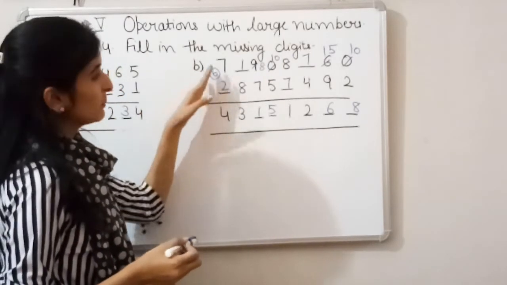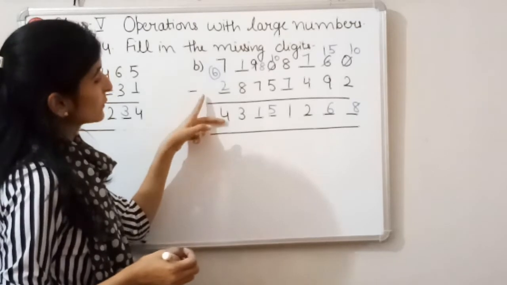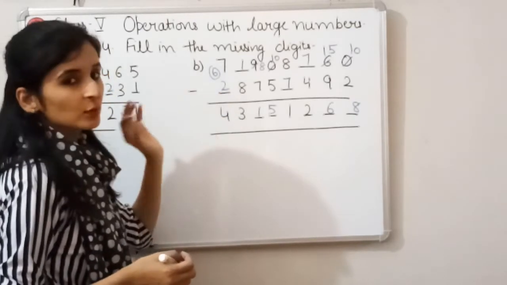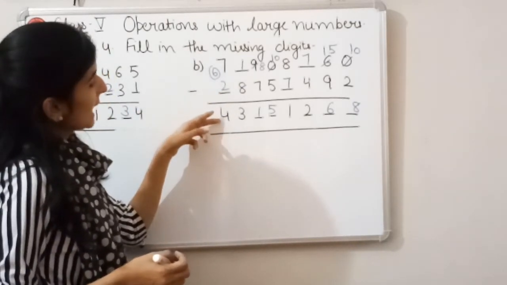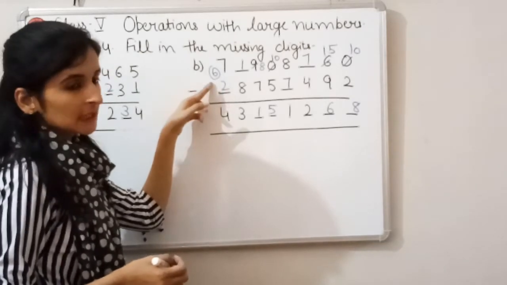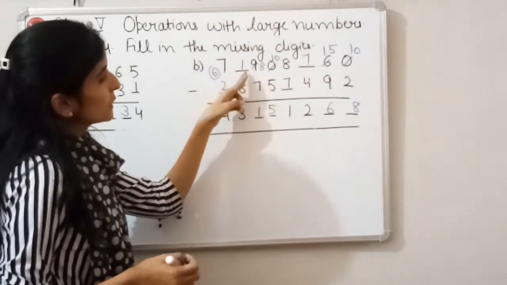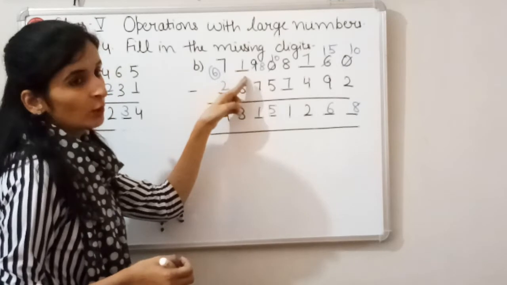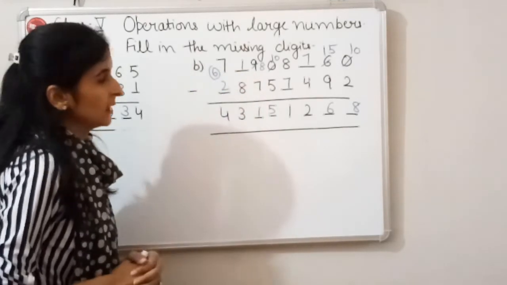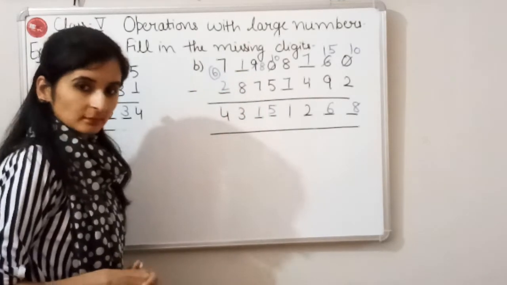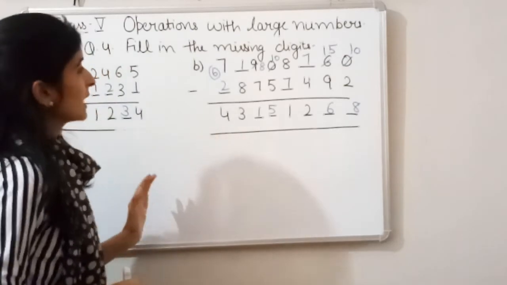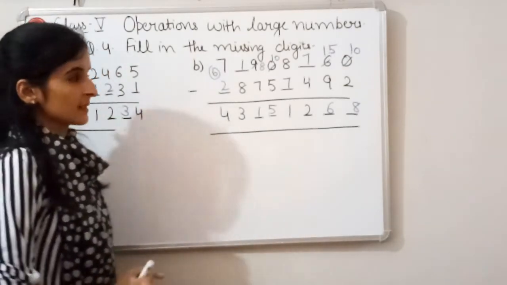the process of finding the minuend, what we should do, we should add this 4 plus 2. But when we add this 4 and 2, we will get 6. But we have to give one borrow to this 1 also. That is why we have written here 7. Fine. So that is how we have to find out the missing digits.